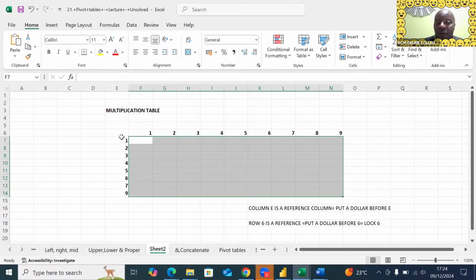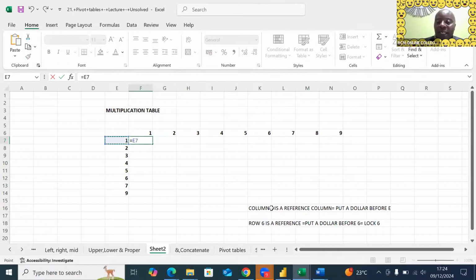E is a column of reference. E must be withheld. And at the same time, you can see 6, this 6, row 6 must be withheld. So I've said here column E is reference, put a dollar before it, and row 6 is reference, put a dollar before it. So when I come here, and then I say equals, I pick this one. I've said here E is reference, come and in this case here, put a dollar. So dollar, like that, before E alone,